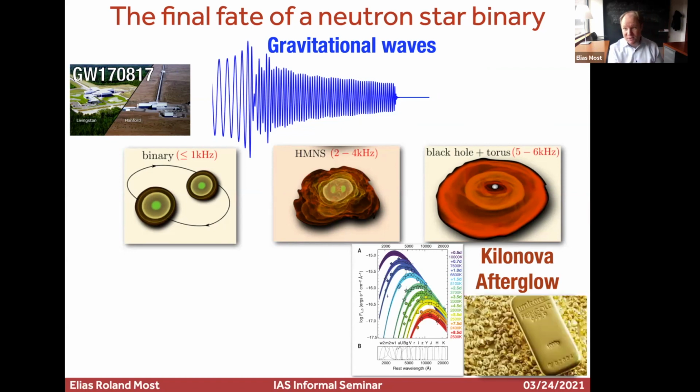It's also very interesting because you produce all of those heavy elements. A very prominent one is gold. We believe you got something like the mass of the Earth in gold out of that event, which is more of a side note.